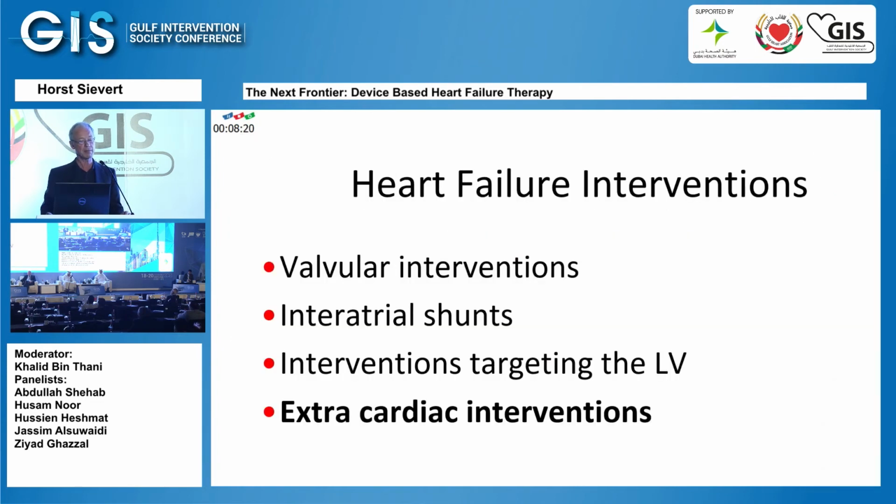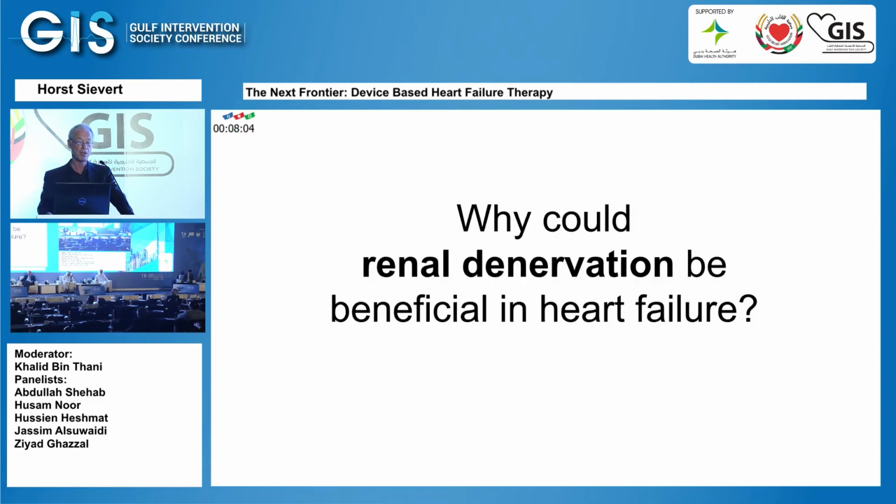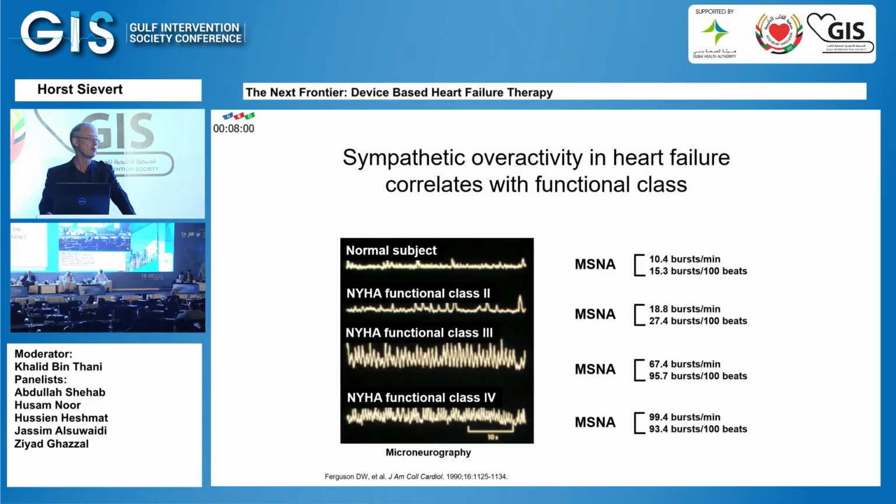And finally, there are some extra-cardiac interventions, and they all have to do with autonomic modulation: renal denervation, baroreceptor stimulation, endovascular baroreflex amplification, aortic autonomic neuromodulation, and greater splanchnic nerve ablation. Why could renal denervation be beneficial in heart failure? You know this for treatment of hypertension, but sympathetic overactivity in heart failure correlates with functional class, as you can